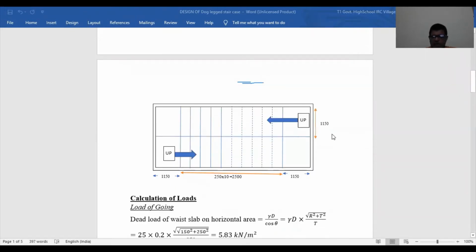Now you see, this is our case. In this case, we have 1150 here, 1150 here, and the going is 2500. You are going from this side, then this side, landing to landing. Okay, landing to landing you are going. Then you find the